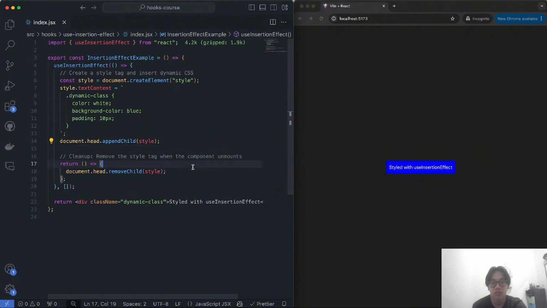So you can see that you'll probably never run into a situation where you need to do something like this, and you will be much better off using the other alternatives. But